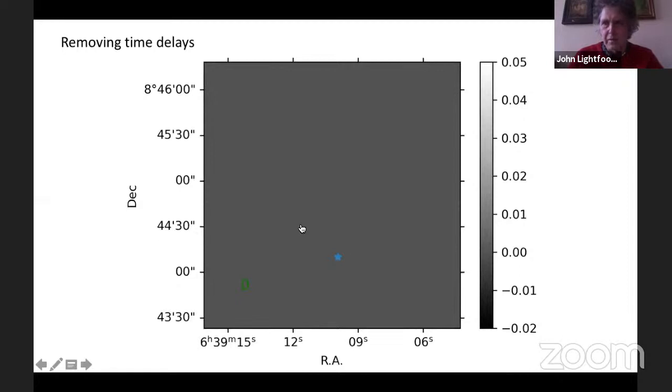It's a bit like waving a water hose above your head. If you move it quickly, the water drops appear to follow a curved path, and I think that's what we're seeing. But if you know the shape of the reflecting surface in the nebula, then you can take out that time delay.